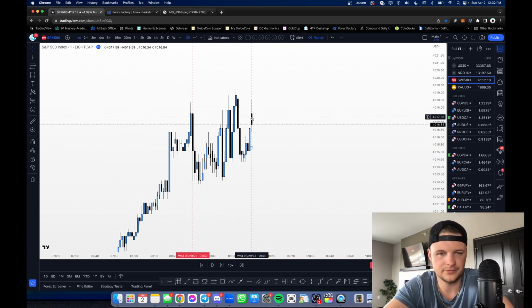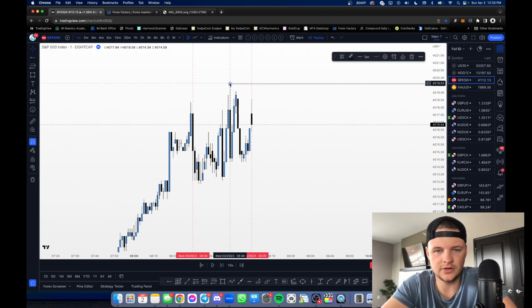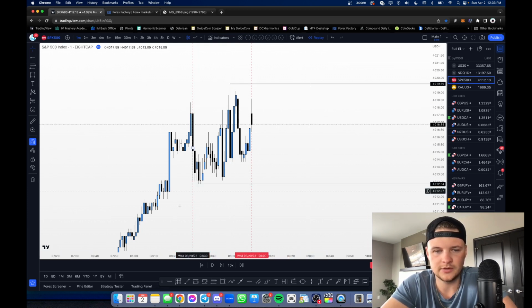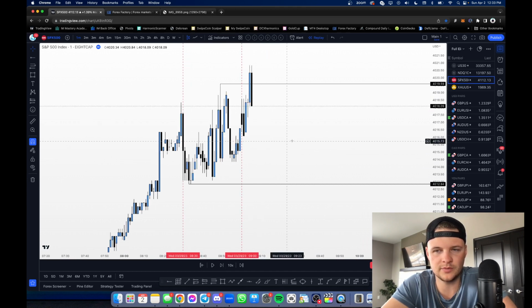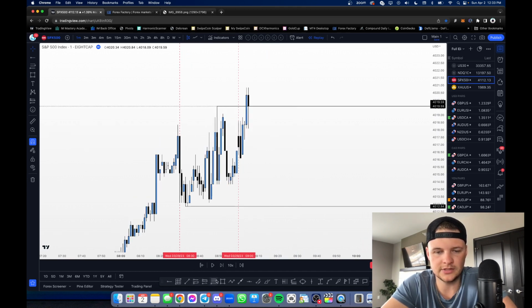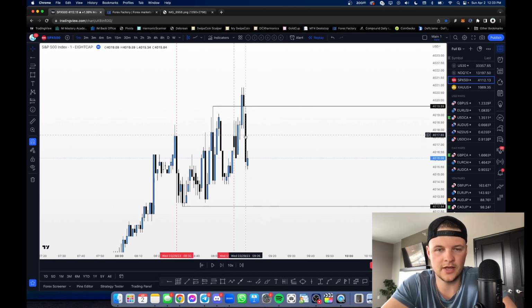Obviously not ideal market conditions whatsoever, but marking up levels of buy side and sell side liquidity now. So buy side liquidity right here, sell side liquidity, you could track these lows and just wait and see what we're going to get. So price comes up, we sweep buy side liquidity, and now we can start looking for selling opportunities. So here's how we ended up playing this.